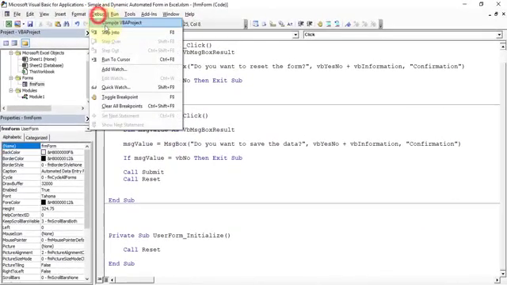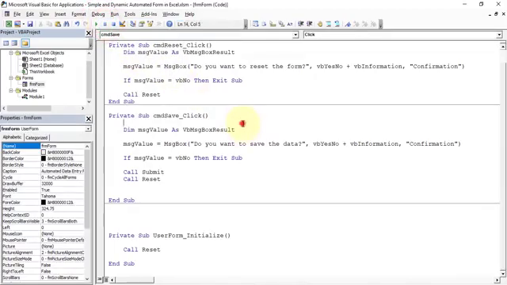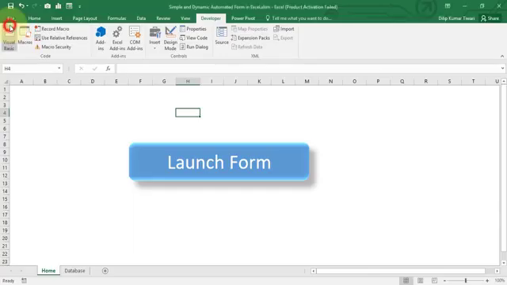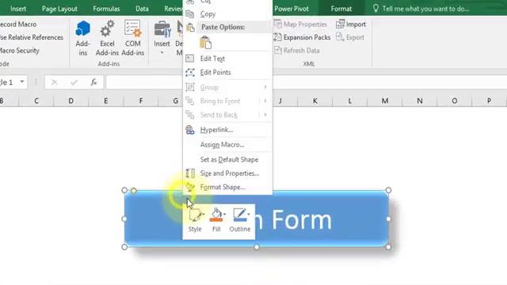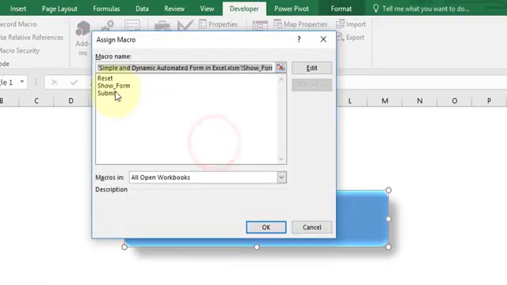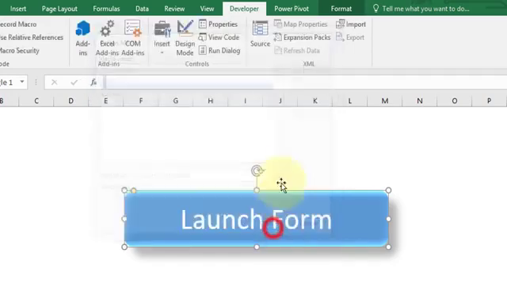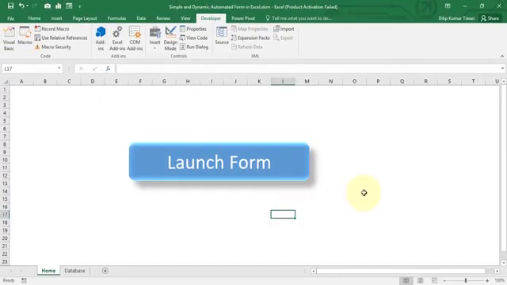Now go to debug and compile. Now click on jump to Microsoft Excel. Let's assign the macro, and select show form. Click on OK. So we have successfully assigned the macro to this particular shape, that is the button.